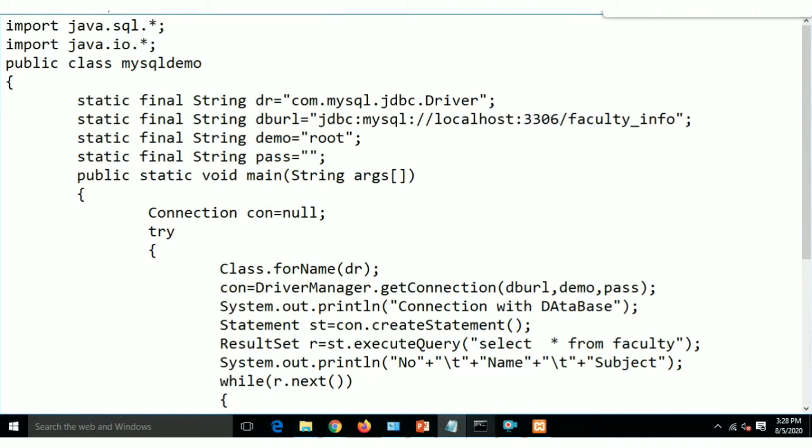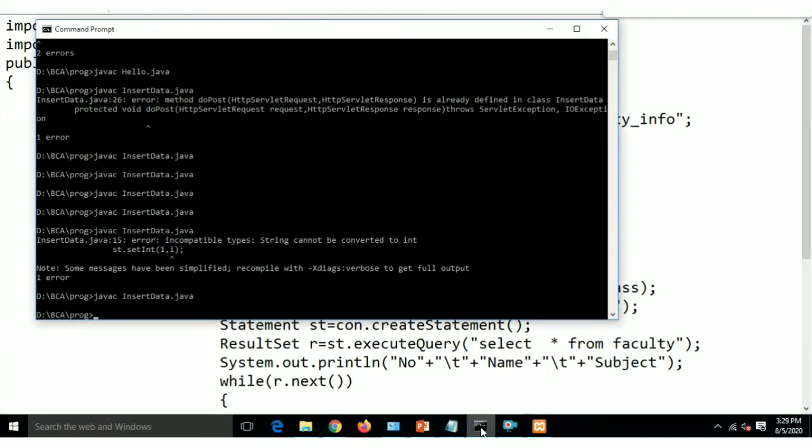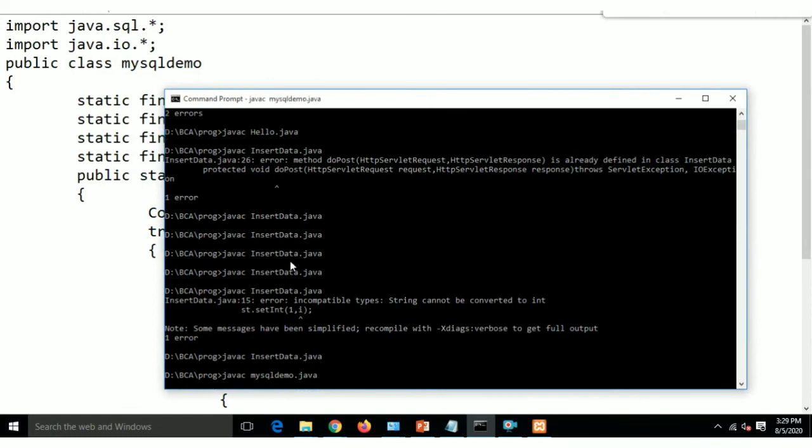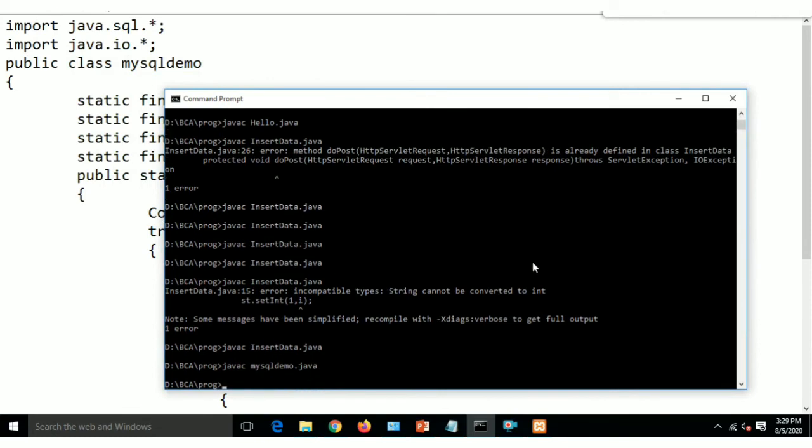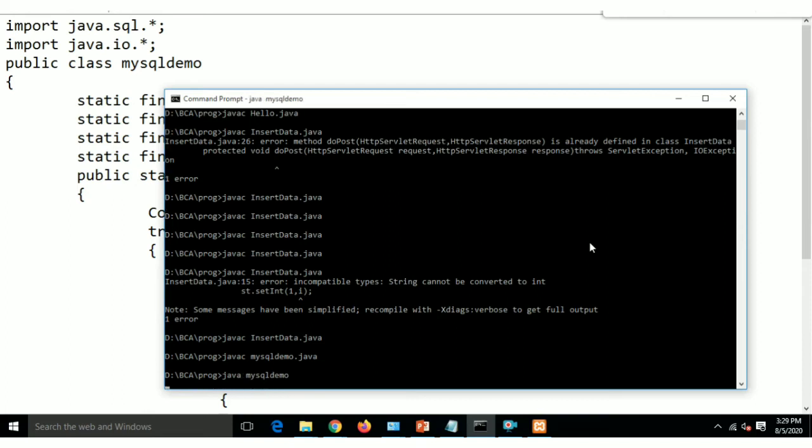Now we compile this program. Just compile it with javac MySQLDemo.java. Here our class file is successfully compiled. Now we run the program: java MySQLDemo.